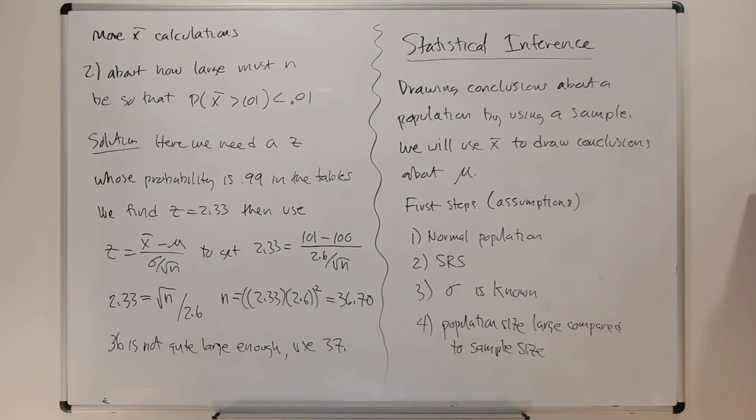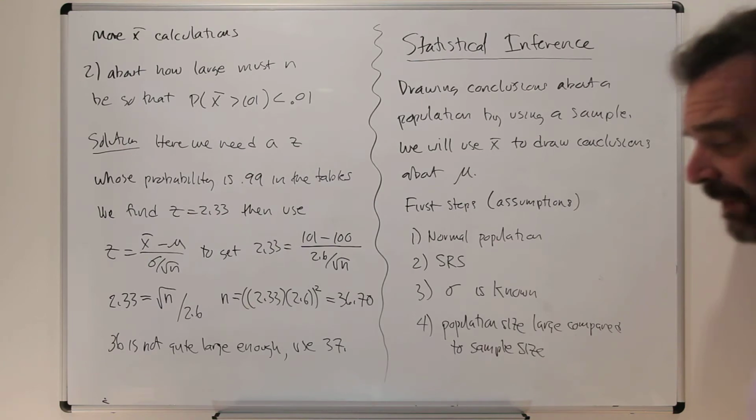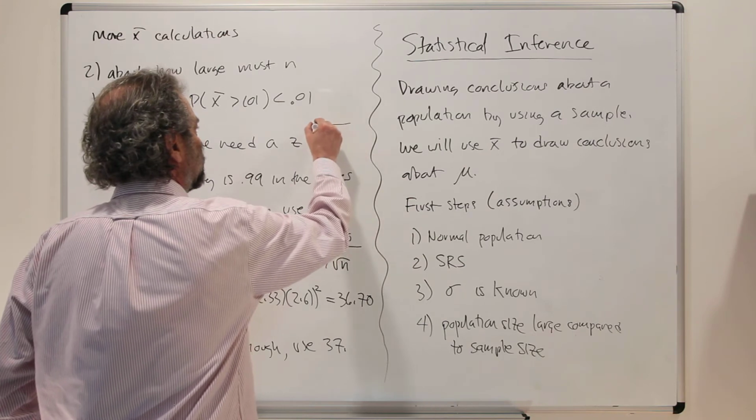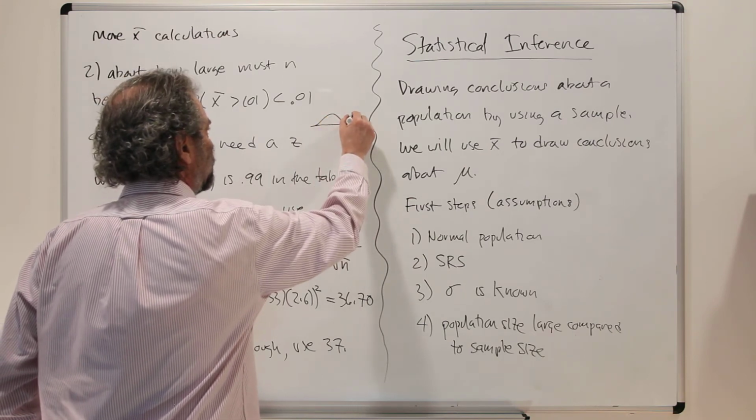Okay, so we're ready to do some more calculations. Here's another calculation with the sample mean. It says about how large must n be so that the probability that x bar exceeds 101 is less than 0.01. That's kind of a backwards calculation. What we're thinking is, if we looked at x bar's distribution like this, we'd want to be way out here,